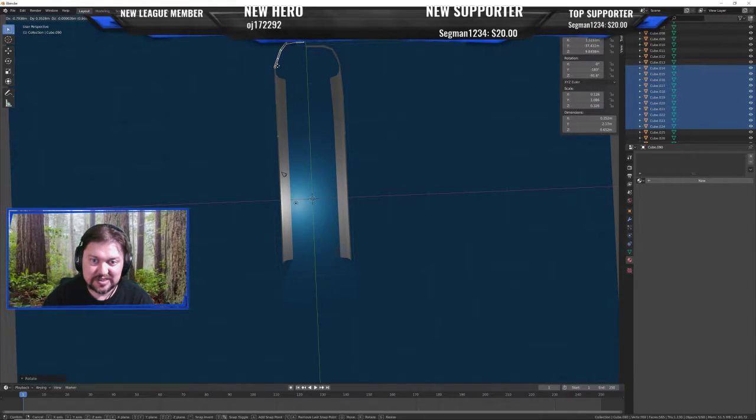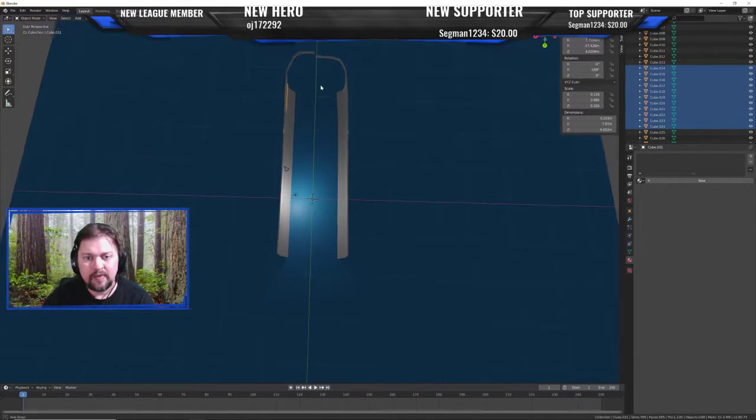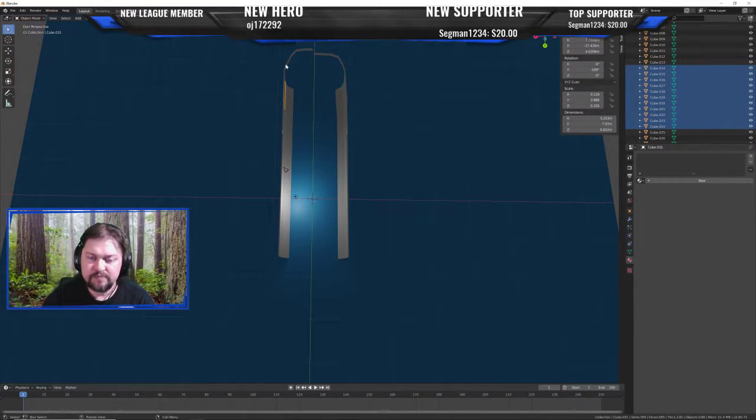And we're going to snap it here. Okay. Let's see now. Is this gonna work? So we'll take this guy, shift left click, shift left click, shift left click,